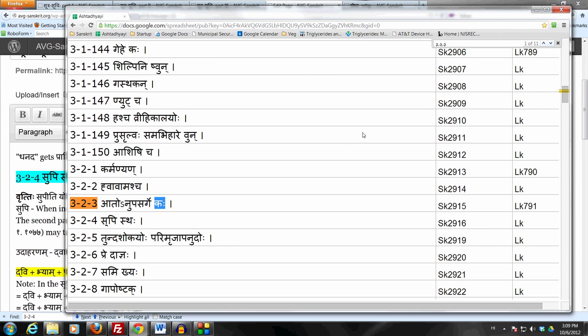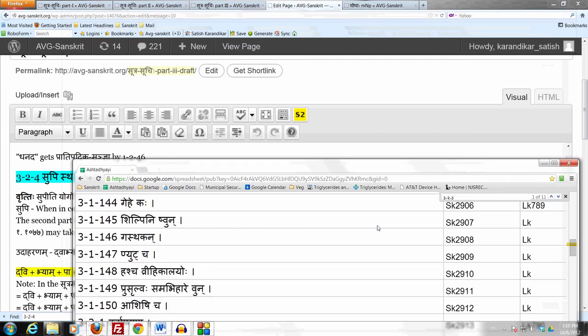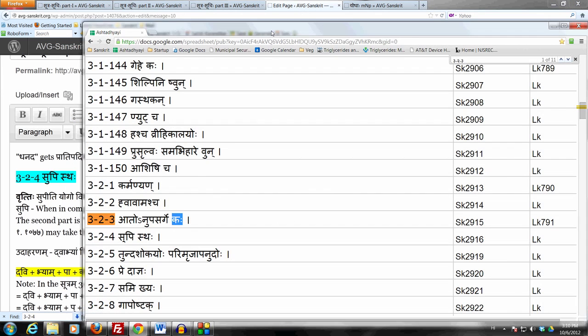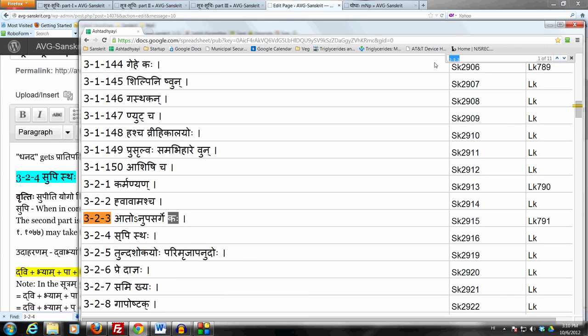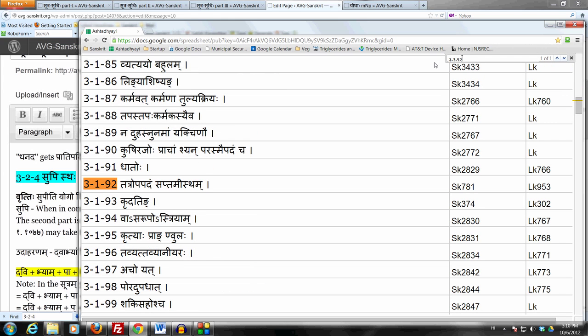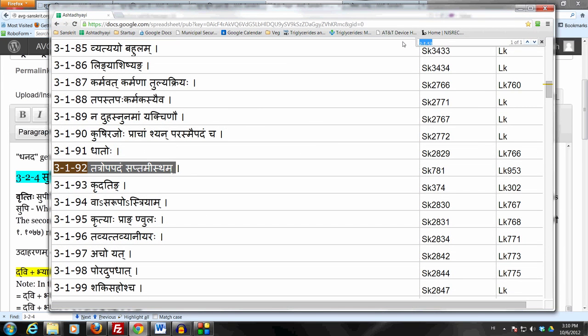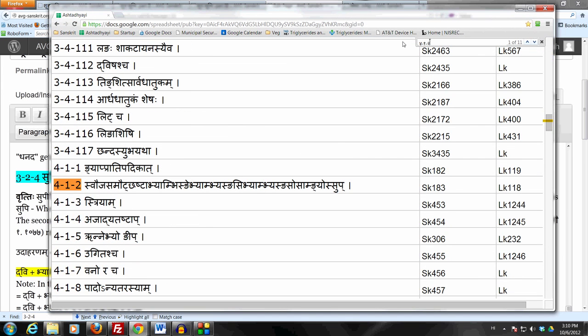So the meaning of this first part of the sutram, which is now taken as an individual sutram, which is supi, says supi upapade. Now all this is familiar to us. Upapade means tatrapadam saptami stham from 3192. So what it means is that this affix kaha is being prescribed on the condition that there is a word in composition which ends in a sup affix. Sup affixes, of course, we know from 412, which are su, au, jas, am, au, shas, etc. Those 21 called case inflections or the nominal endings, which we are very, very familiar with.